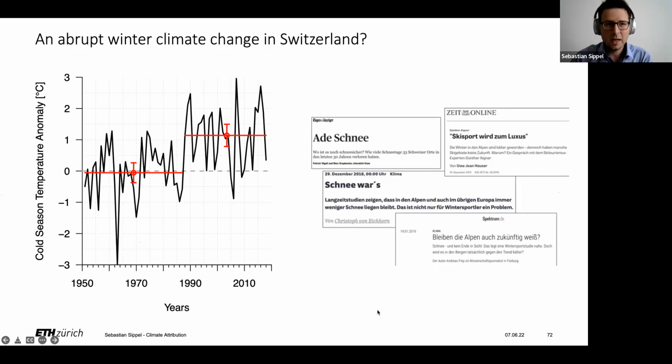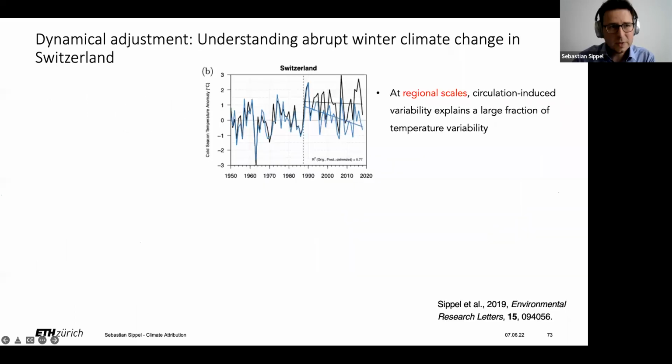tourism in the future. And I would like to make the case now that dynamical adjustment may offer a much more intuitive and hopefully more physical explanation for these changes in these time series, rather than just fitting some statistical averages or breakpoints or things like that. So the idea of this dynamic adjustment, again, now you see in black again the time series of the